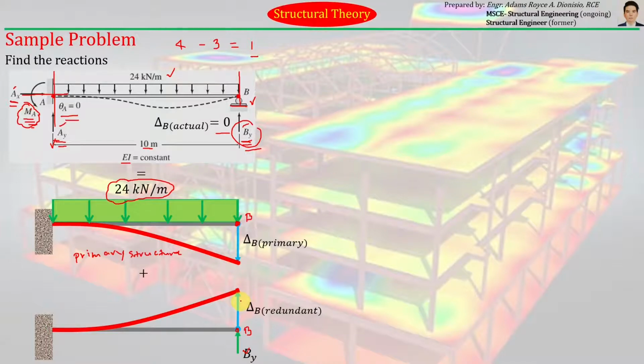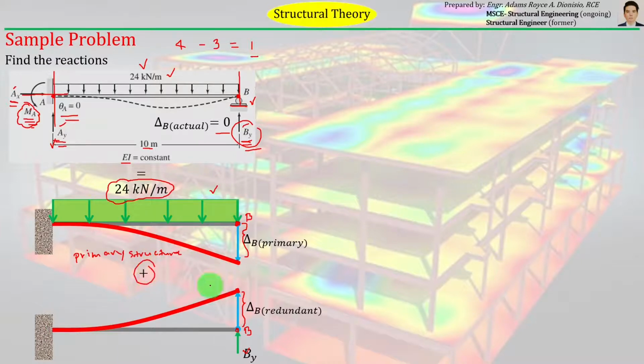So let us just call this amount of deflection as delta B redundant and this amount of deflection as delta B primary. Okay? So according to method of consistent deformation or force method, the response of this original given structure is just equal to the response of this primary structure plus the response of this determinate structure loaded by the